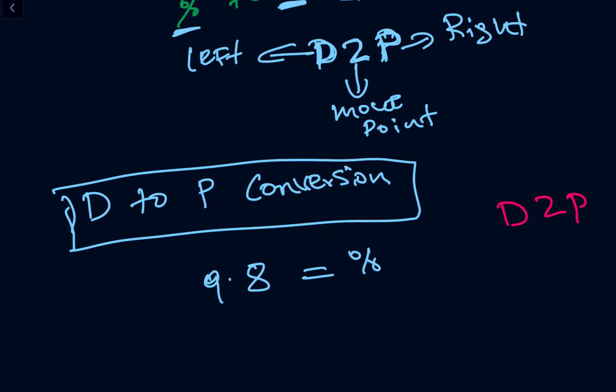Decimal to percent. Since we want to convert to percent and percent is on the right hand side, we need to move this decimal point 2 places to the right. So we're going to get 980%